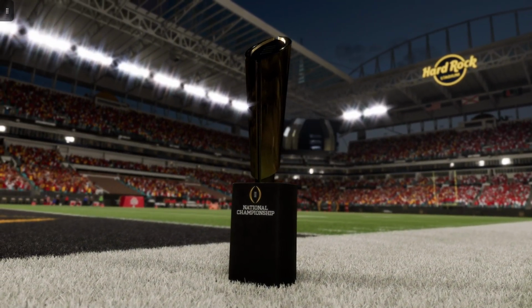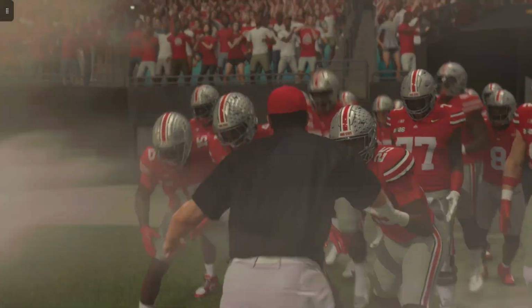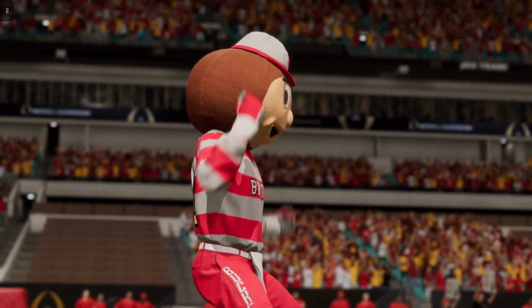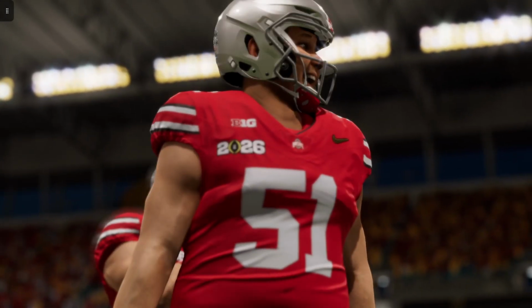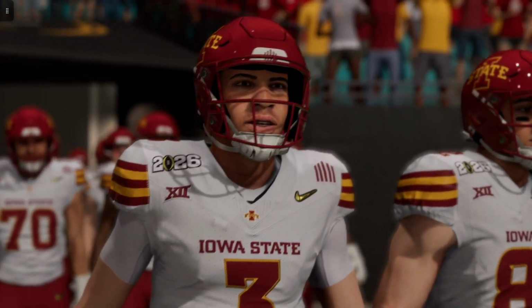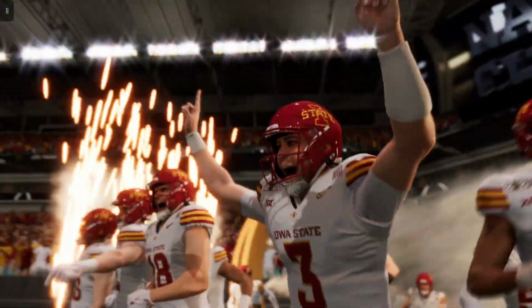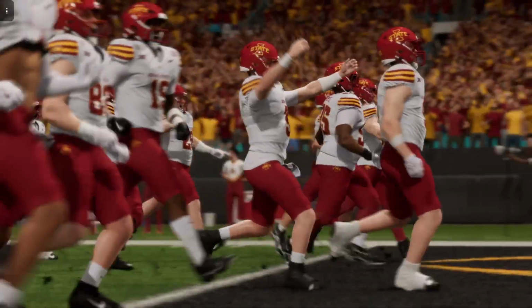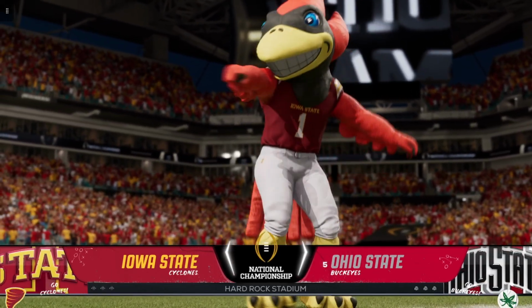College football history as we crown this season's national champion. There's been so much that's gone into getting here, twists and turns, and now it builds to this, the battle for supremacy. Good evening and welcome to Hard Rock Stadium in Miami, site of this year's national championship game. As we'll see, a team from the Big 12, the Ohio State Cyclones, taking on a team from the Big 10, the Ohio State Buckeyes. For EA Sports College Football, I'm Chris Fowler with Kirk Herbstreit, and this is it. This football season's ultimate game. Time to find out who's going to emerge as national champion.